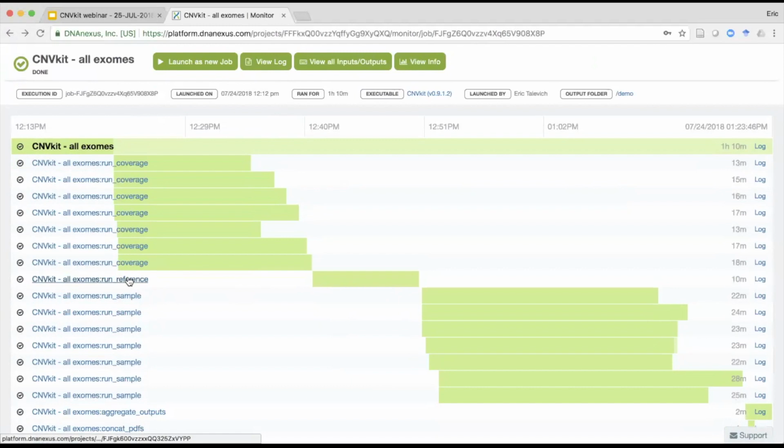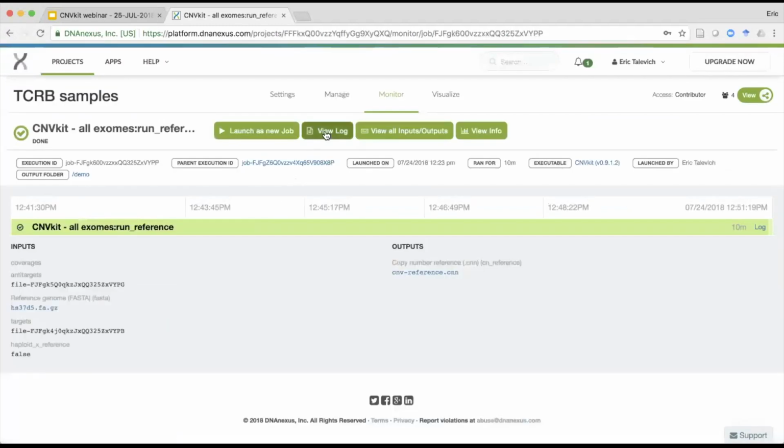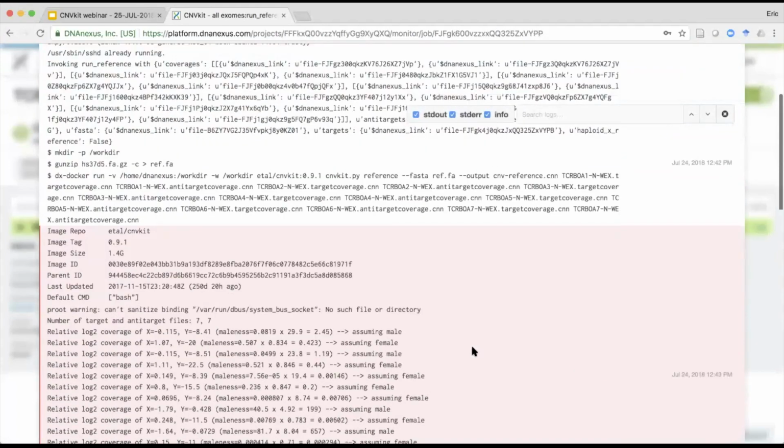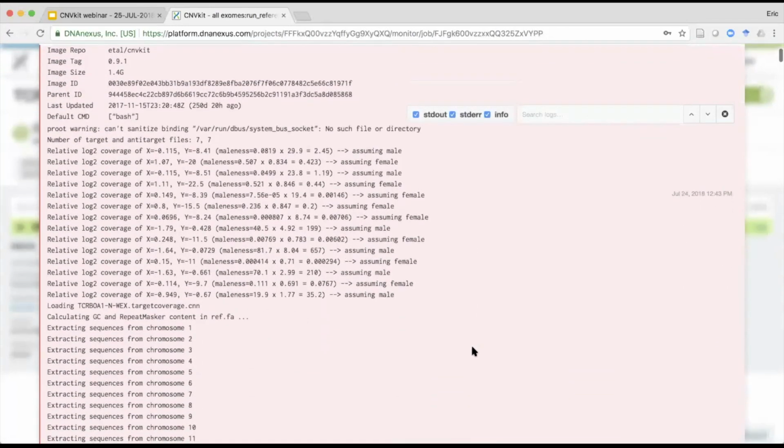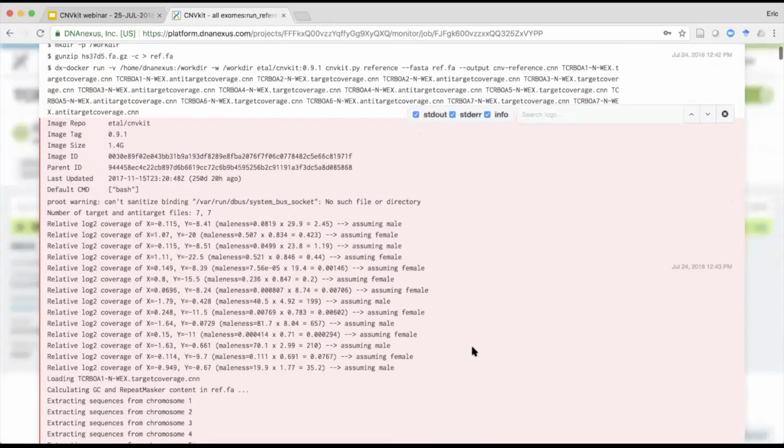Finally, we aggregate all of those into this reference job. We've already calculated our binned coverages for each normal sample. Now we do some sanity checks. One heuristic, which is pretty important, is to check the genetic sex of each sample. Are there 2 X chromosomes and 0 Y chromosomes, or 1 X and 1 Y? We want to be able to call copy number on the X chromosome. So we need to